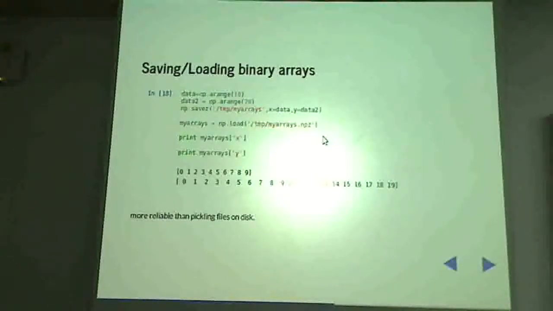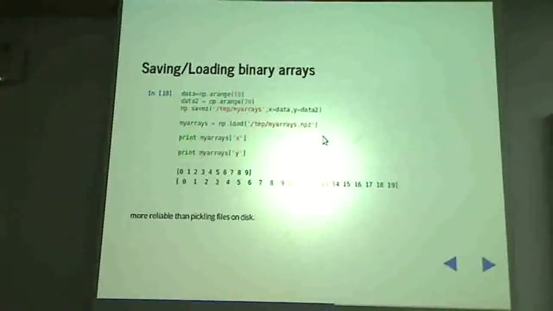You can save the arrays that you want by doing this. np.savez, you give a file name and you say x equals something, y equals something. Okay. So now you are basically just assigning a label x and y to the two arrays data and data2 that you want to store. Okay, and that stores it. That's it. The single command will save it to disk. Now tomorrow you come back, then you say my arrays is equal to np.load of tmp my arrays npz. So that's the extension. It's a sort of compressed format, and it will load that into my arrays.